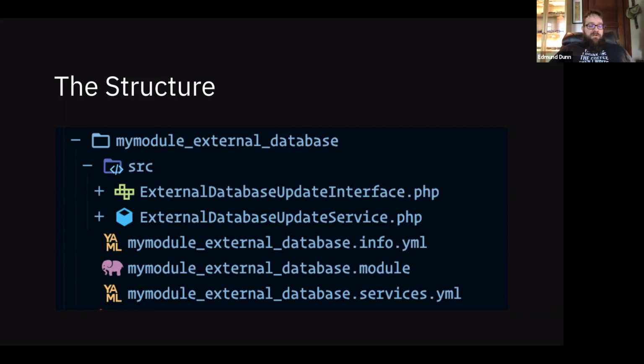There is extensive documentation on Drupal.org about the layout of custom modules and what directories go where and what files go in those directories. That is important because it's how Drupal will find the files that it needs to run whatever you're trying to run inside your custom module.